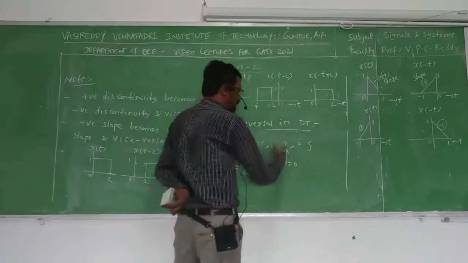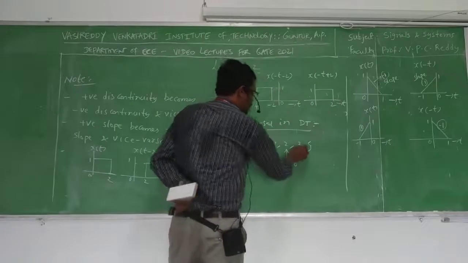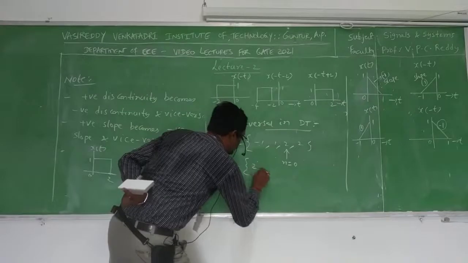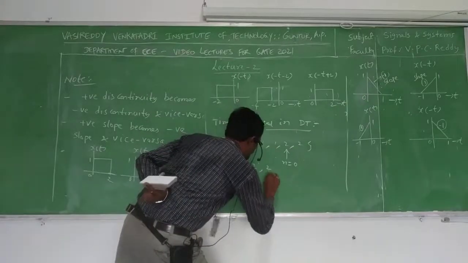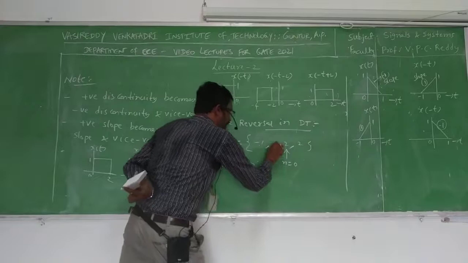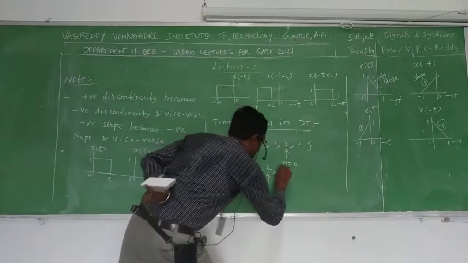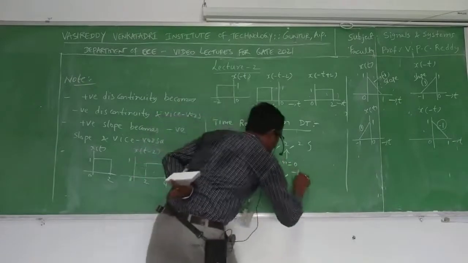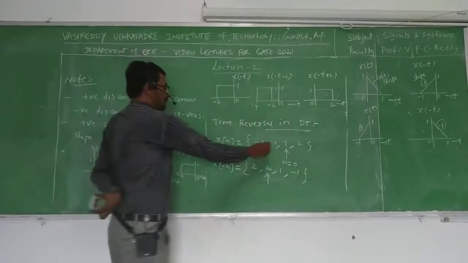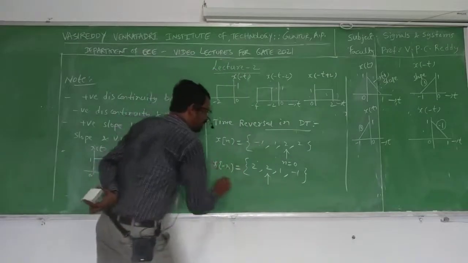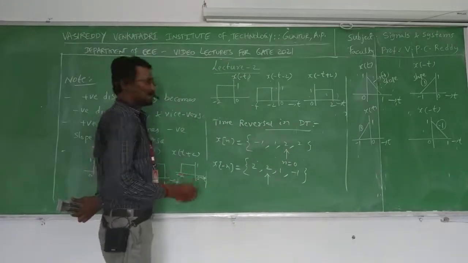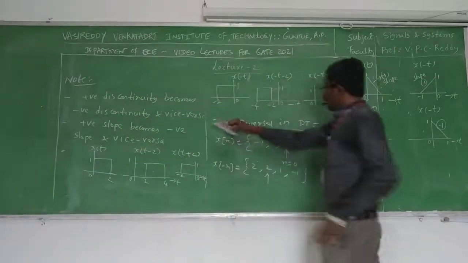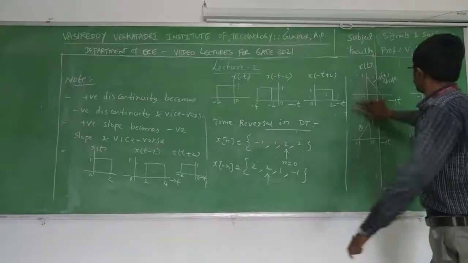Just we have to keep a parallel y-axis, that is n is equal to 0. So the positive becomes negative, negative becomes positive. Now tell me, n is equal to minus 1, the value is equal to 2. n is equal to 0 remains the same. Now if n is equal to minus 1, here the value is 1. That becomes the value at n is equal to 1. n is equal to minus 2, the value is equal to minus 1. That becomes the value at n is equal to 2. So this is the original signal. This is the time reversal version of the original signal. So for time reversal, we just have to keep a parallel y-axis. So this is about time reversal in discrete time.